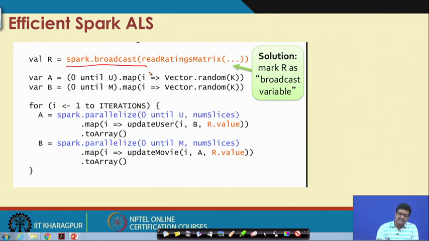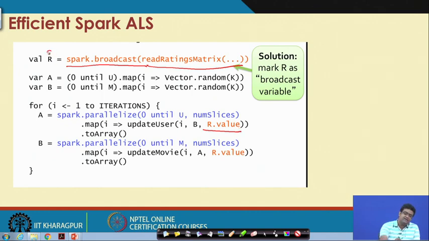So, whenever you declare this rating matrix, which you have read using, let us say, the read rating matrix function, as a spark.broadcast variable, Spark as and when required will send the whole matrix to all the servers on which the jobs are running, and instead of R now you just have to use R dot value, because dot value actually gives you the value of this broadcast variable.